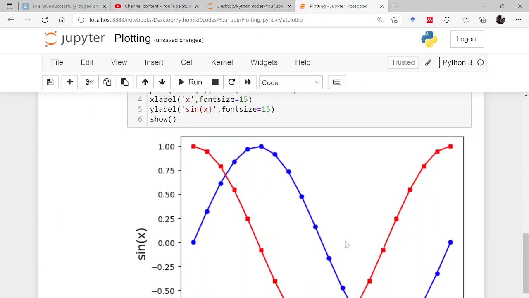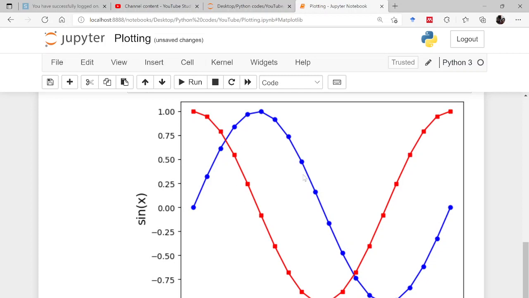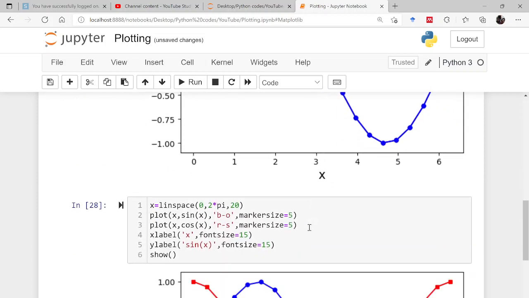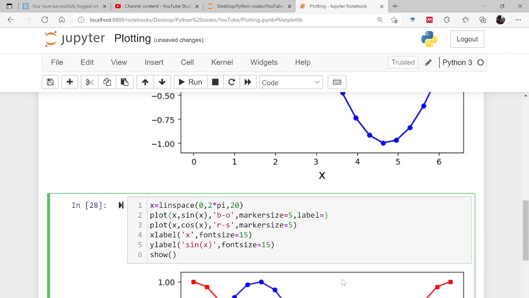Now this is your sine x graph, this is your cos x graph, but you should give legends to understand which one is sine x and which one is cos x. So for that, you give a label. This is your sine x. Likewise, you can give a label to the other one as well, that is cos x.